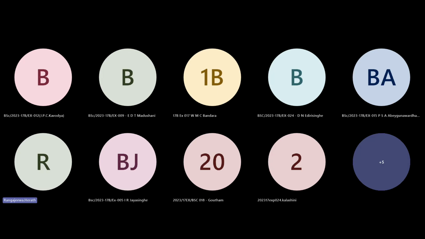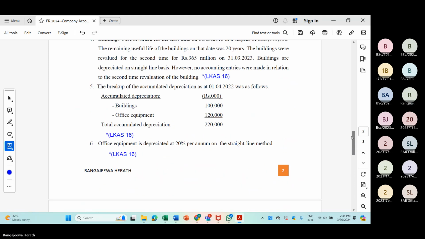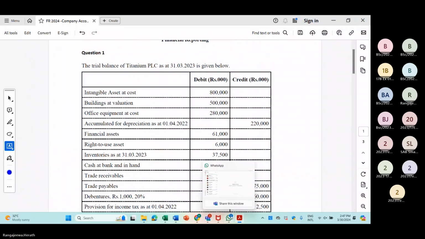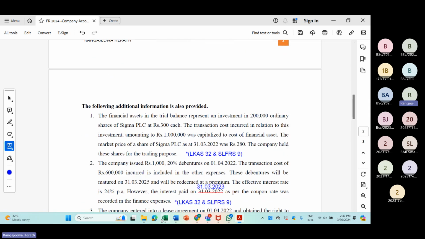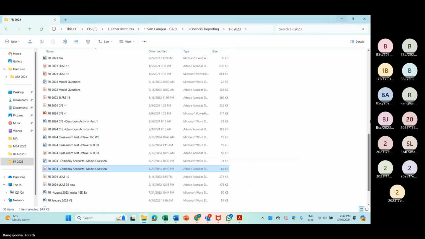Company financial statements and standards. So we need to have the format first. No, the format, take it the